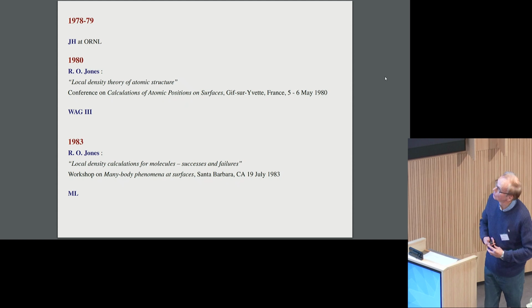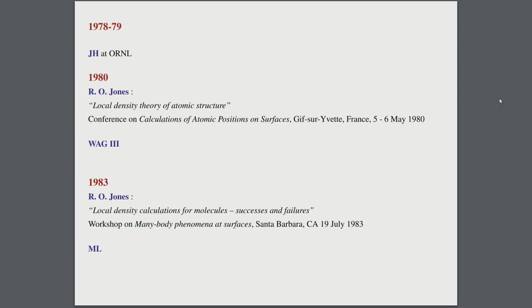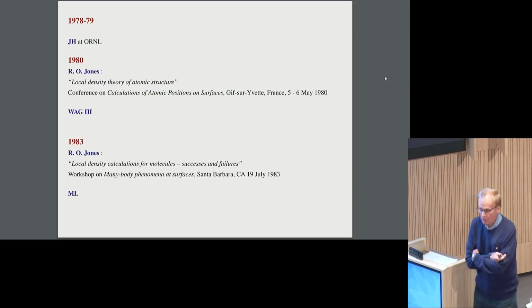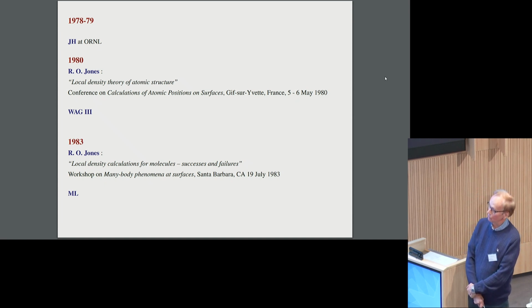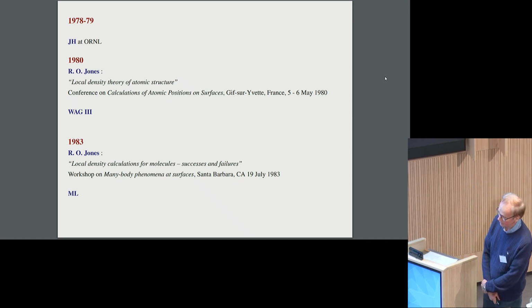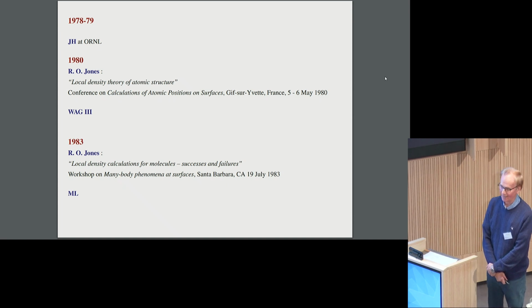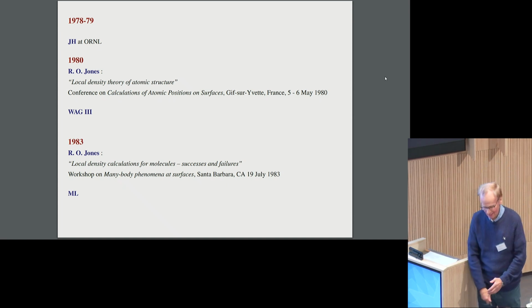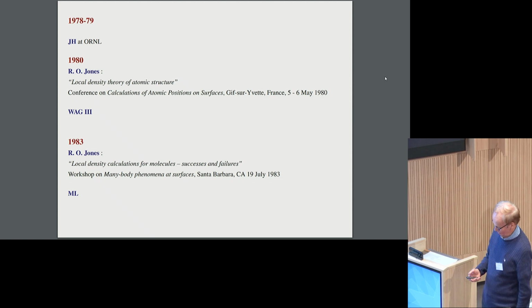A couple of stories. In 1978-9, John Harris spent a year at Oak Ridge, and he wrote me a letter. We had letters in those days. We didn't know no emails. He'd been to a conference, and he said he'd talked to a very smart guy who had proved density functional theory on a very small piece of paper. And that was Mel Levy, of course, and Mel was, of course, right then, and he's usually right about everything else.